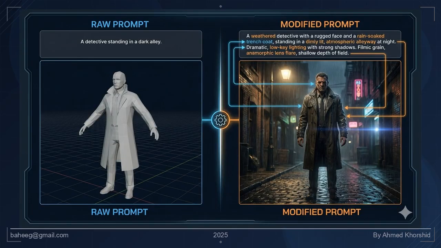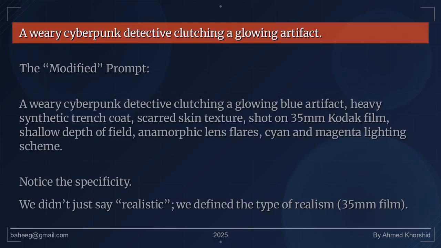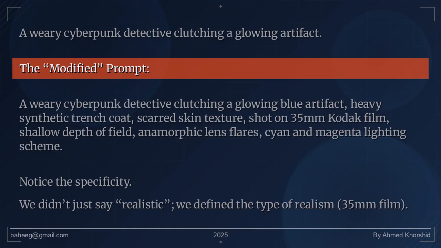Figure: an extra detailed AI-ready prompt for an AI-generated diagram showing a split-screen comparison. Left side, raw prompt showing a basic, low-detail 3D model of a detective. Right side, modified prompt showing a hyper-realistic, cinematic render of the same detective with dramatic lighting and texture. Connecting lines highlight specific words like weathered skin and anamorphic lens, pointing to visual improvements. The raw prompt: A weary cyberpunk detective clutching a glowing artifact. The modified prompt: